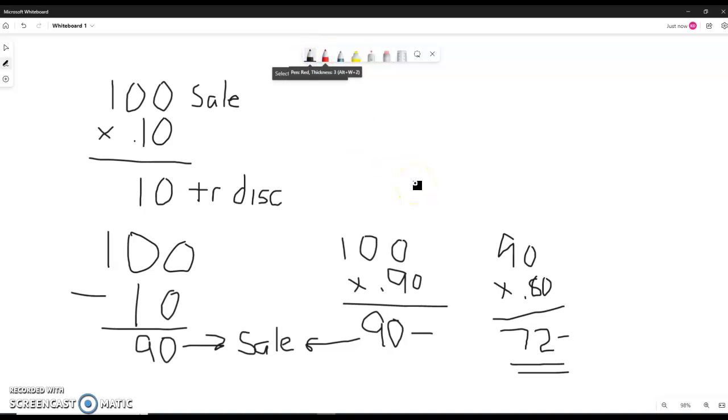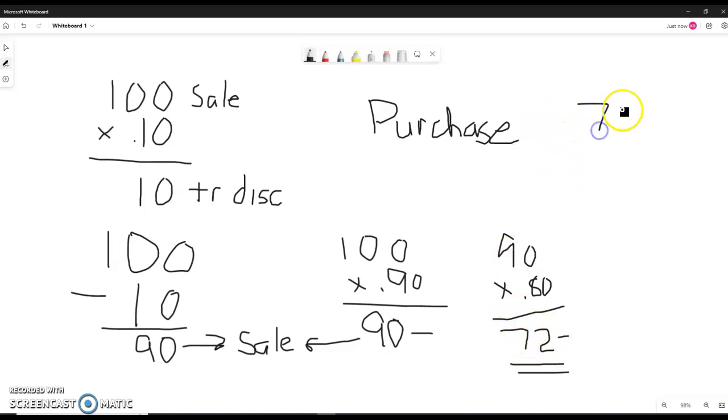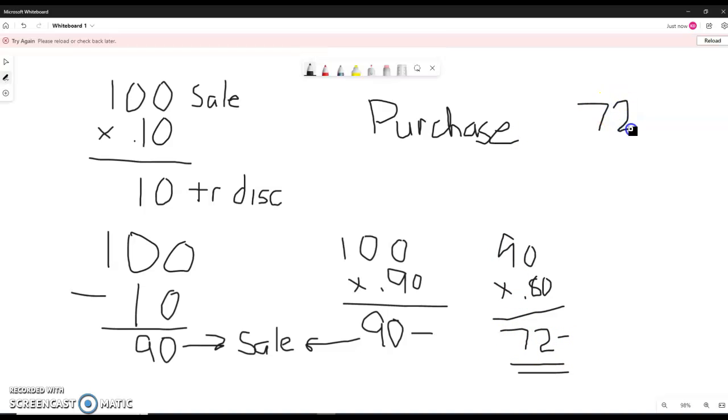In the periodic system, you have an expense account called purchases. So if we were purchasing, say, the $72, okay, the $72, if that was a purchase of inventory from a vendor on account